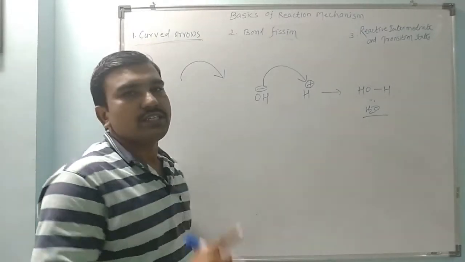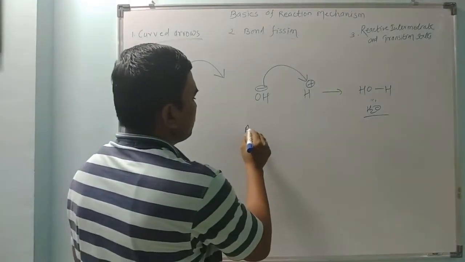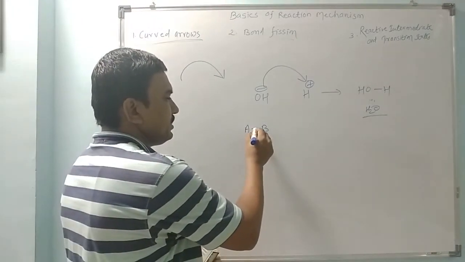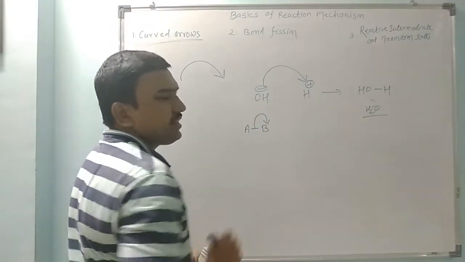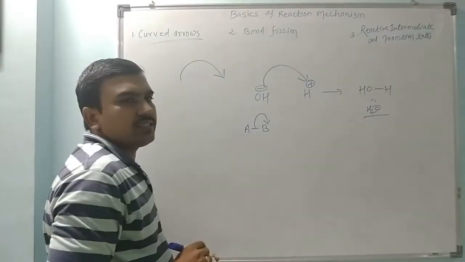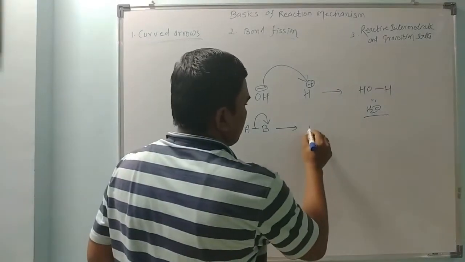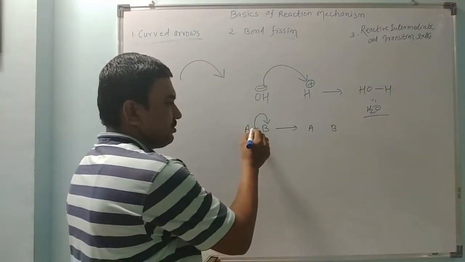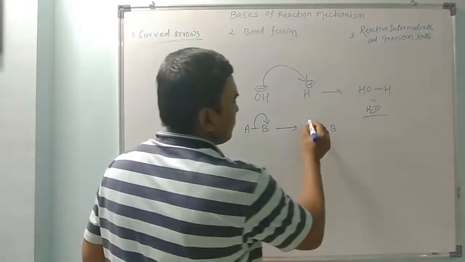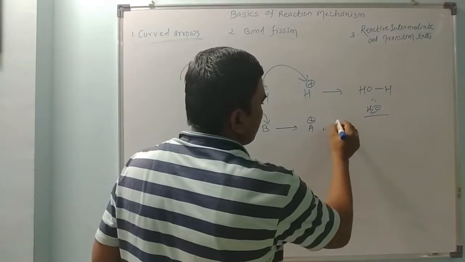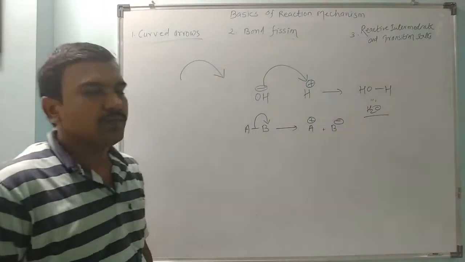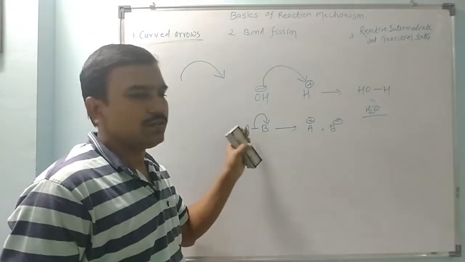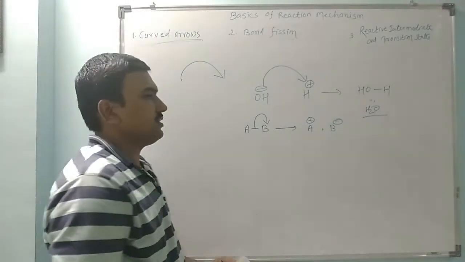When this arrow starts from a bond, which has A and B bond there, it should be shown from the center of the bond and pointed at the atom, which indicates the bond is breaking. So we get here A and B separately. This is positive charge because the electron pair moves to B. So this is A plus and this B minus. So ions are generated. This electron pair moves to B, so B gets negative charge.